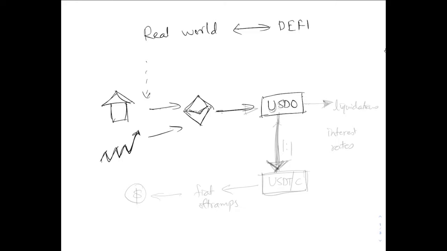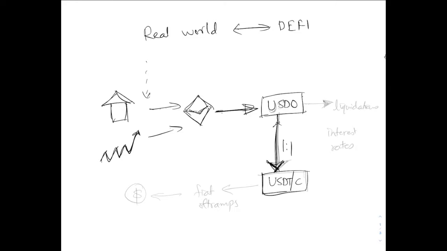Now the real question is, when we mint this USDO, who's going to accept it? For example, if somebody has a property and they tokenize it and then use that to mint USDO, what are they going to do with that USDO in the real world? Who's going to accept it? So the answer is, first we need to establish parity with existing stables such as USDT and USDC, 1:1, and very high liquidity. So if you can go from USDO to these other existing stables on demand, and there's enough liquidity and parity for that, then